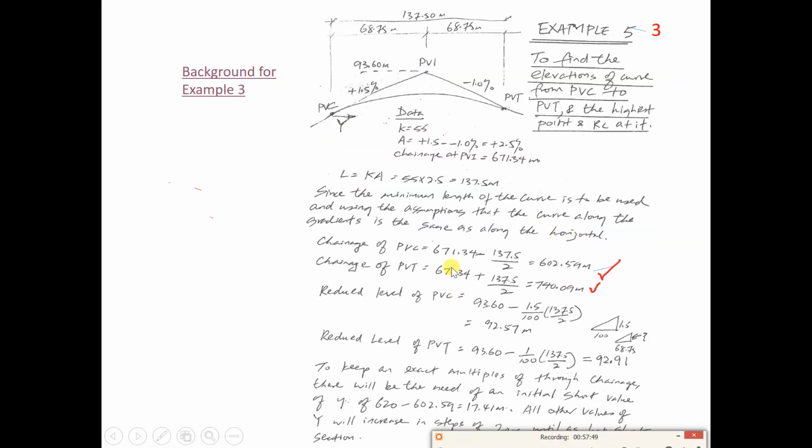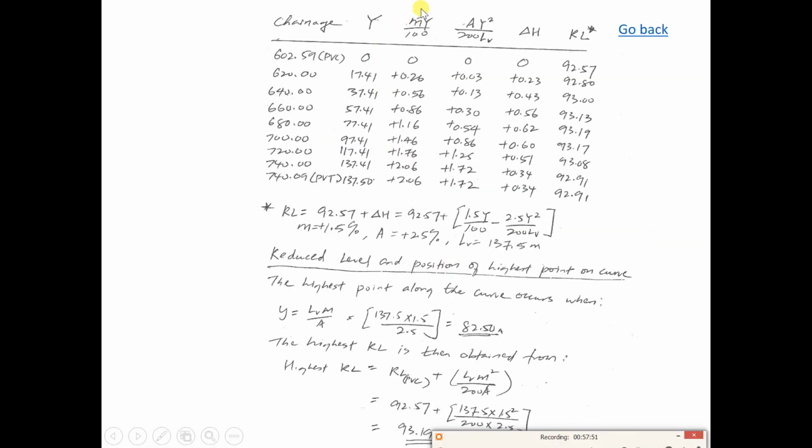Look at the table here. We only use m, the first gradient only. We don't use the second gradient. That means we just adopt one gradient, and the y here will be the horizontal distance. It's quite unconventional. Normally the x is usually the horizontal, but here the y is the horizontal component, and then this one is